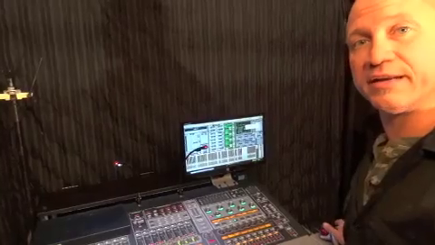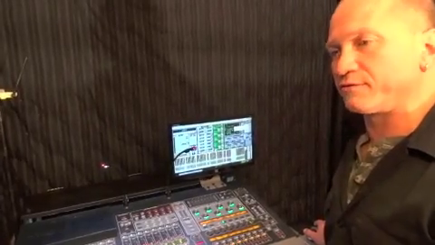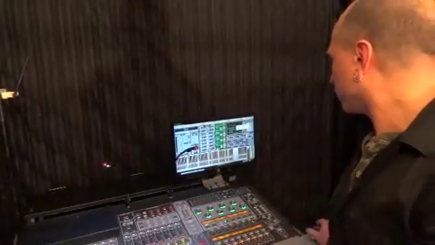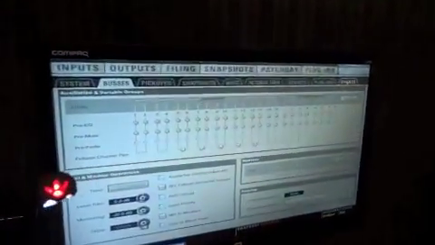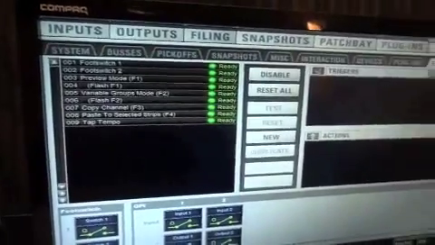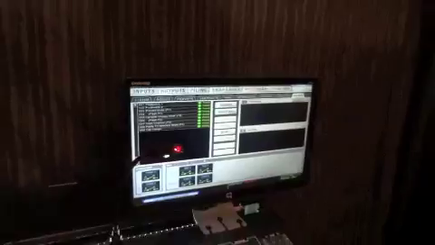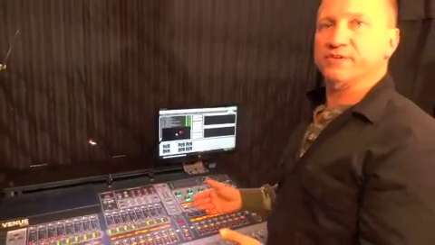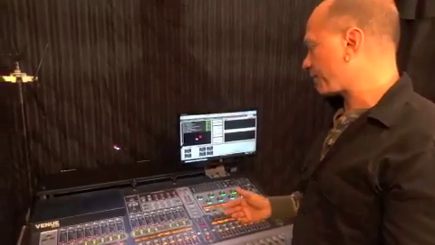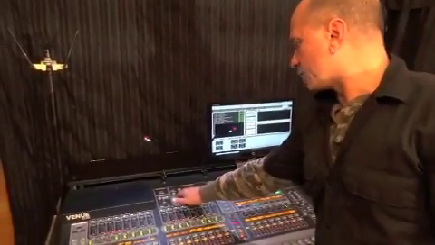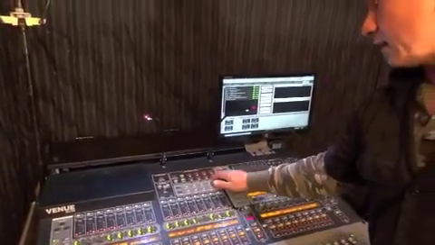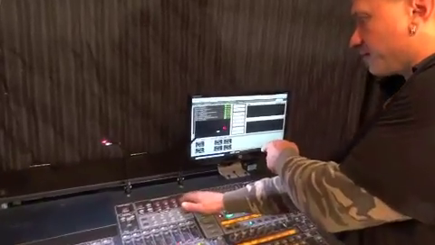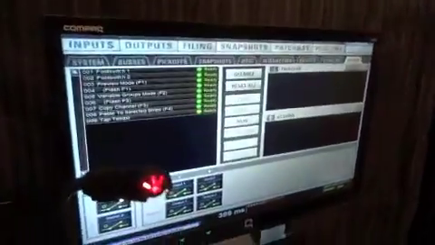One of the other features that's kind of neat in here, and the last one I'll get into in this little video so I don't talk for 4 hours like I normally can, is if you go to your options page again and you go into events. Those of you that are familiar with the console, most of the time, if you want to do a tap tempo on this console, a lot of people aren't carrying external tap devices. What you'll do is trigger a function key, and I usually take function 8, and I set that up, as you can see, as a tap tempo inside of my delays and stuff like that